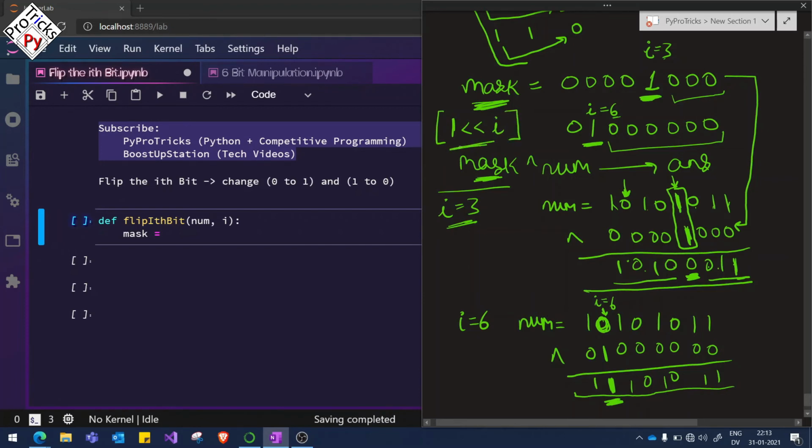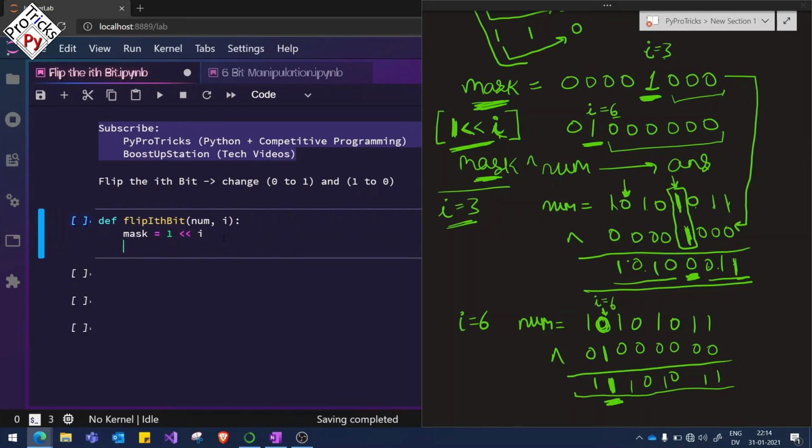I hope you know about the left shift operator. What it does is it adds i zeros on the right side of 1. In case of 6, it will add 6 zeros on the right side of 1, and in case of 3, it will add 3 zeros. So let us create the mask: 1 left shift by i places, and our answer will be the XOR of num and the mask, and we are going to return the answer.